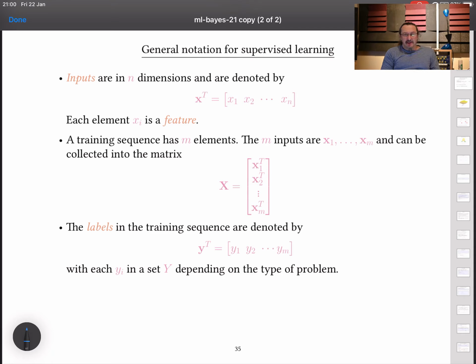Okay, the label is then, do they or don't they have the condition? What is the probability they think they have the condition? Do they have one of this collection of k possible conditions, or whatever? The training sequence has m things in it, so you can denote that as a matrix where each column is the feature vector for a single training example. And the labels will generally just be collected together into a vector as well.